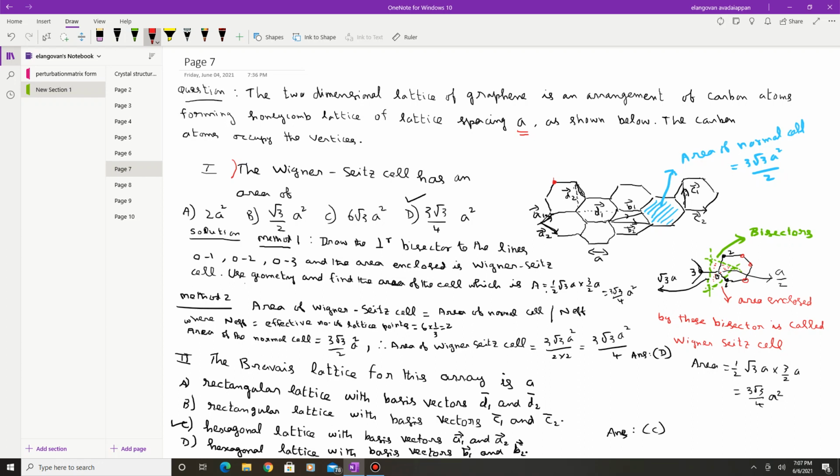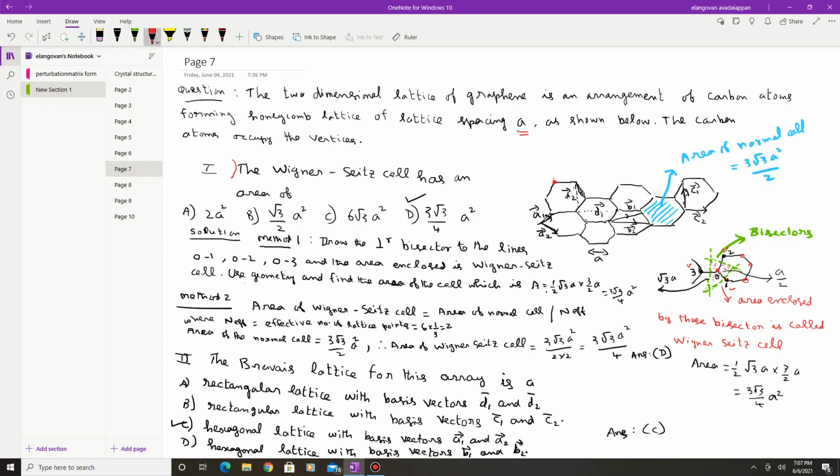If you choose a 2-dimensional lattice, you choose one corner point as the origin. From here you choose one atom, so you put 0 here. One neighboring atom is number 1, 2 is another neighboring atom, and 3 is another neighboring atom. All three are neighboring atoms of the center atom.